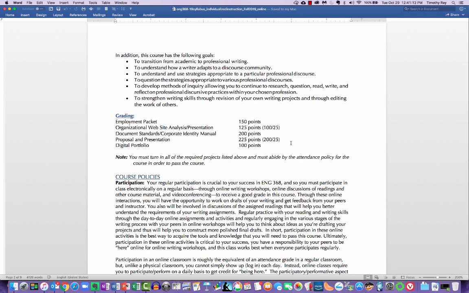Okay. Our final major assignment is a proposal. And so we'll talk about various types of proposals and create, again, kind of a formal document, 10 to 12 pages, in which you draft a proposal to an organization.